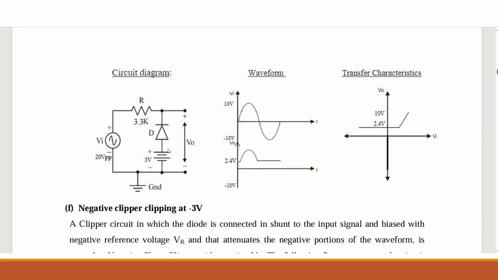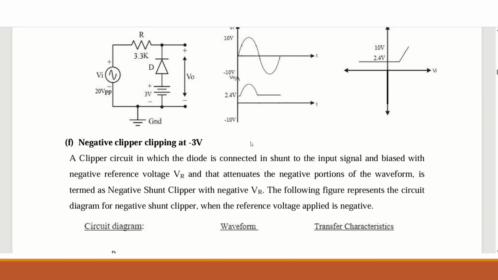So the voltage across the diode is minus 0.6. The battery potential here is plus 3. So the effective voltage at the output becomes minus 0.6 plus 3 equals plus 2.4. So the remaining negative half portion is completely clipped off. Only the output above 2.4 will appear at the